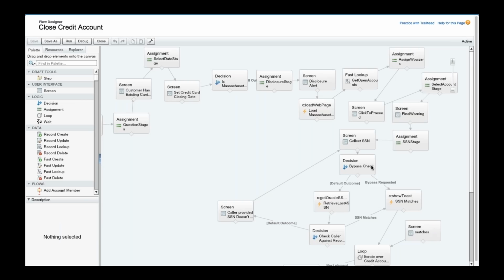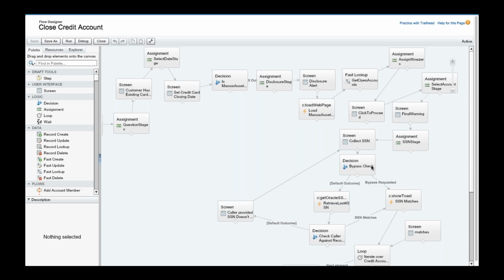So given that this is Automation Hour, I'm going to assume that a lot of you are probably already familiar with the subject that I'm going to talk about today. But just in case you're not, Lightning Flow is the Salesforce declarative tools that help you automate business processes. It includes a couple of different tools. One is Process Builder, and the other one, up until Winter '19, has been Cloud Flow Designer and Flow. It lets you string together screens and actions and other elements to model really complex business processes.